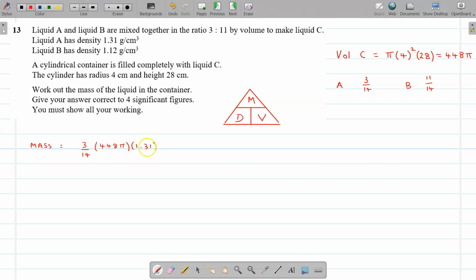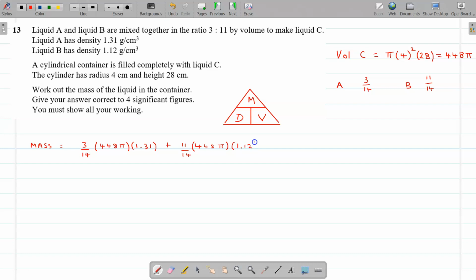So that will give me the mass of liquid A in that container. And then I need 11/14 of the same volume, 448 pi, but that's made of liquid B, which has a density of